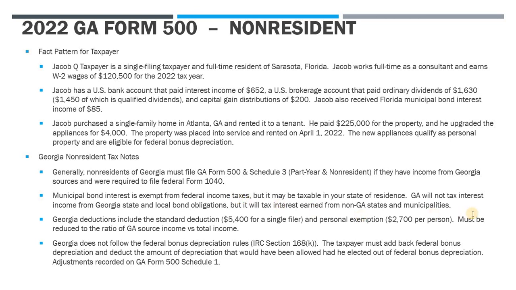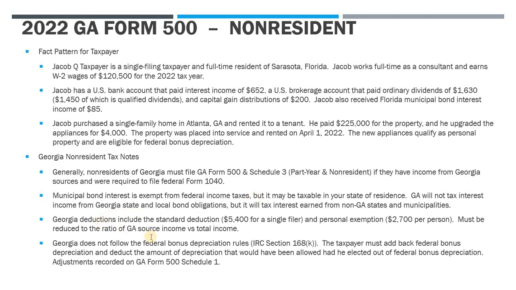So Georgia is one of these states where it will tax out-of-state municipal interest, but that would only apply if you are a resident. So we're going to see an adjustment made in this case, but the Florida municipal bond interest won't be taxable to Georgia,